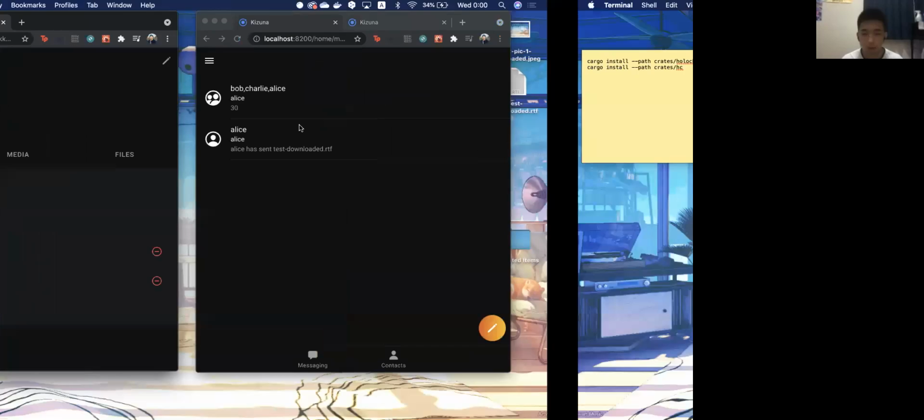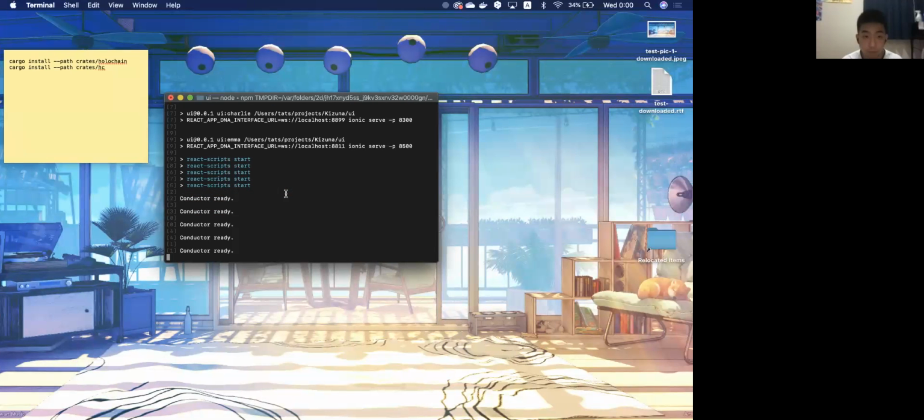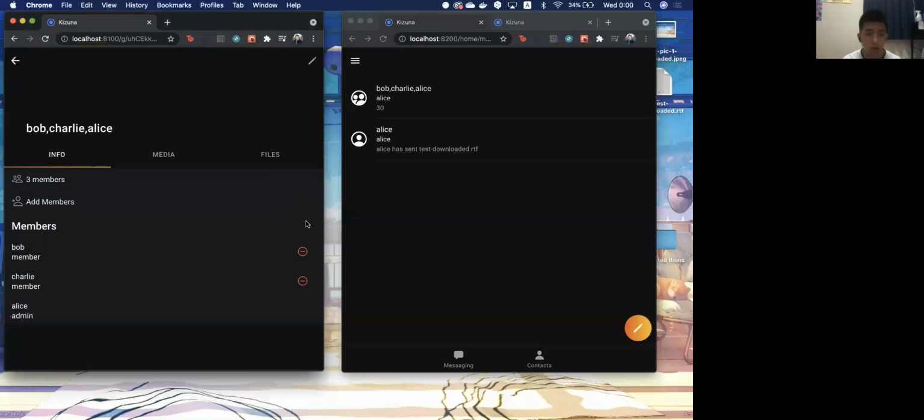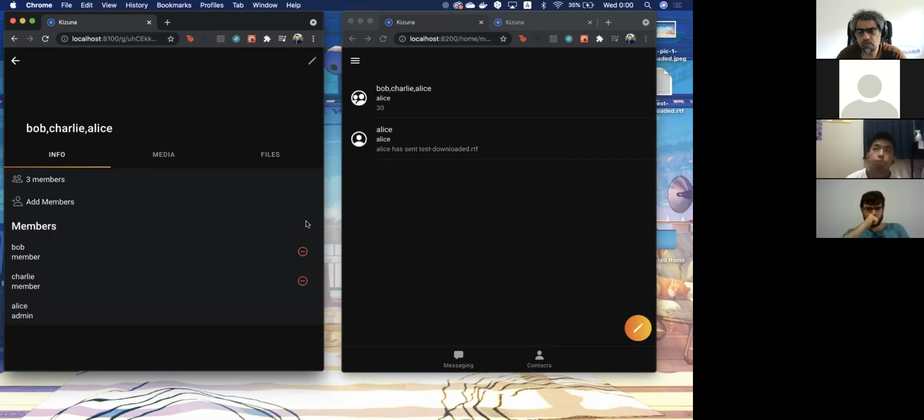So, okay, this may take a while. Can I ask a question? Sure. Yes. Just while you're loading, is it possible to modify a message once you've sent it, like retract and maybe change the message? Change the content. Right now, we don't have the feature to edit the message.